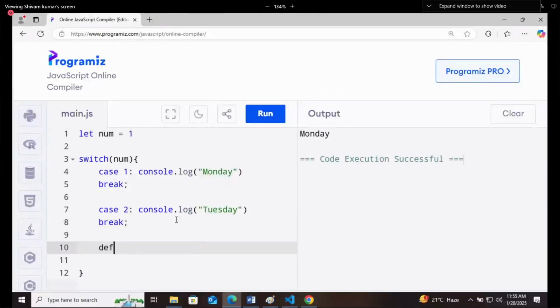And after that, I will write a default case, wrong input. Generally, there are 7 days, but I'm taking an example of only 2. So if you're writing 10 here, it will say wrong input. Right? Now this is a switch. We have already discussed switch in JavaScript. I'm just revising this concept.